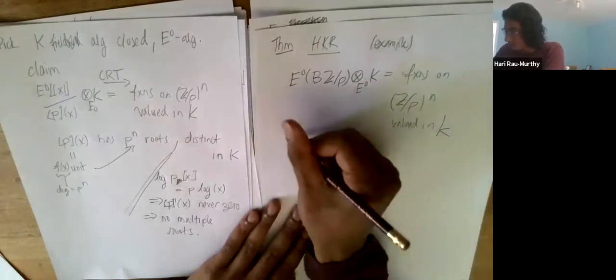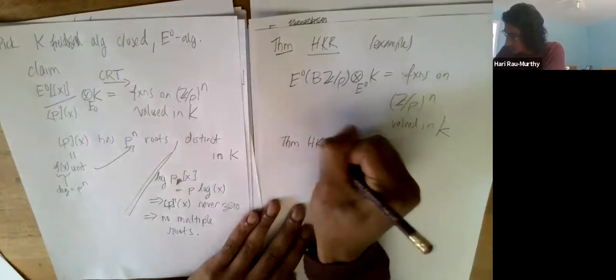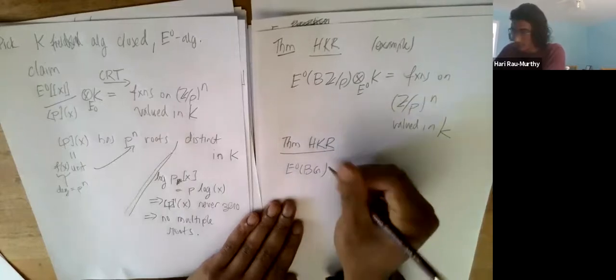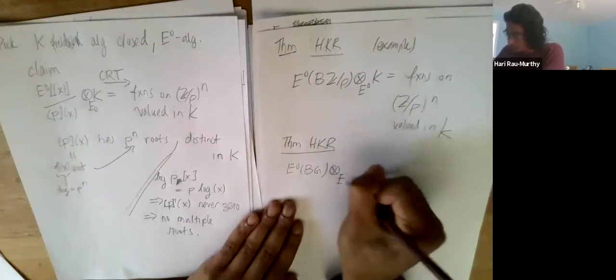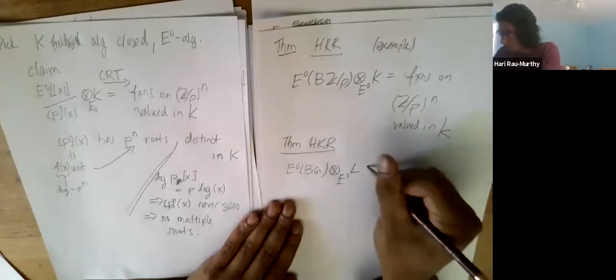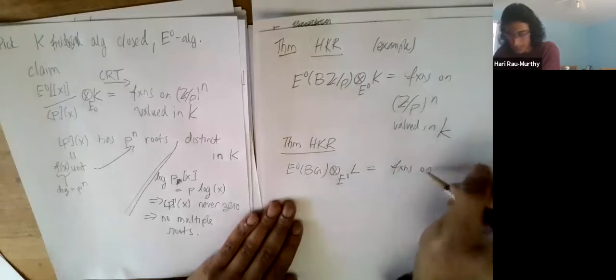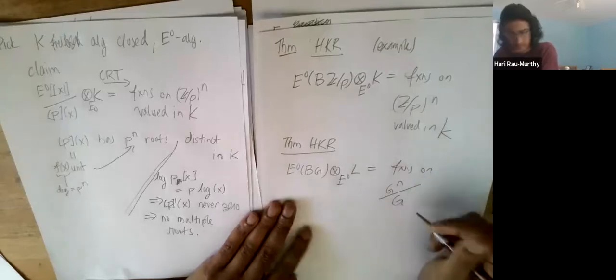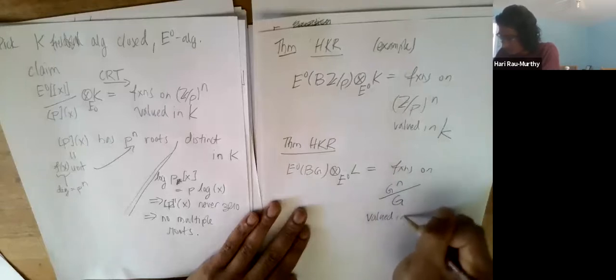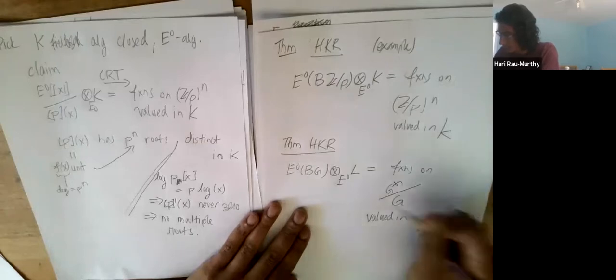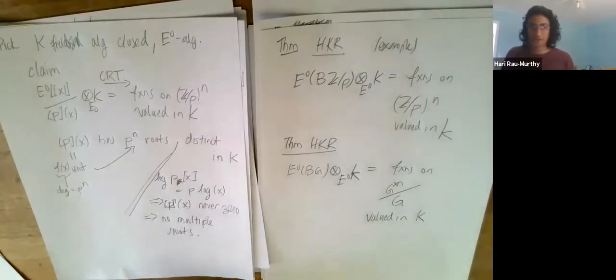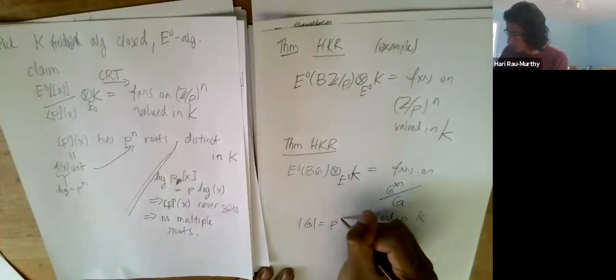And the actual theorem of Hopkins-Kuhn-Ravenel says that E naught of BG tensored over E naught with L equals functions on G to the N modulo the conjugation action, valued in, sorry, this is a K. Now, a couple things that Hopkins-Kuhn-Ravenel do is that, so over here, G is equal to P to the R,